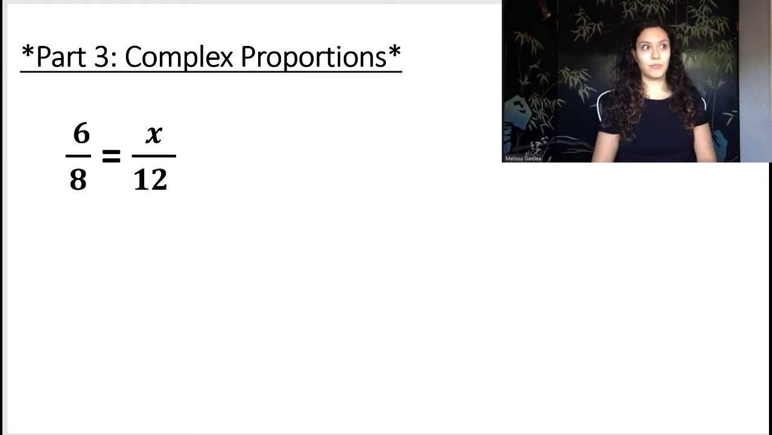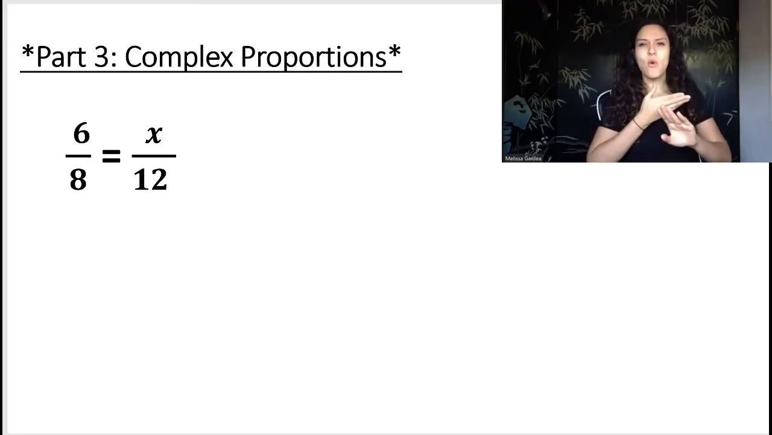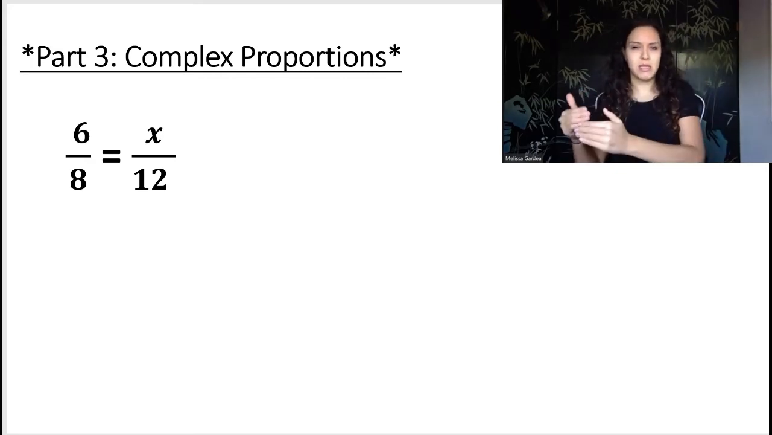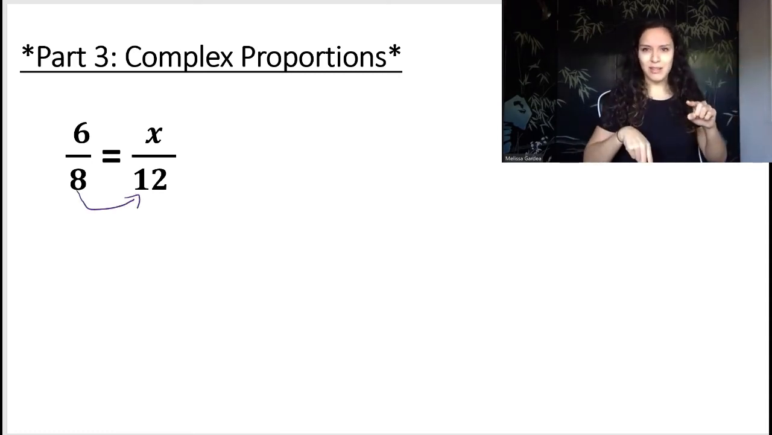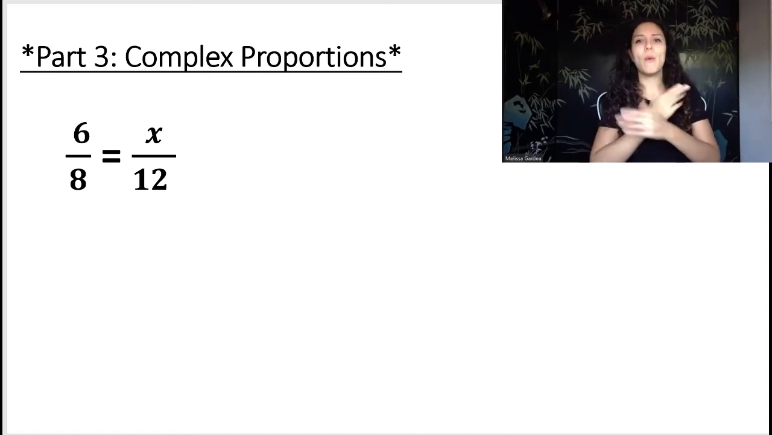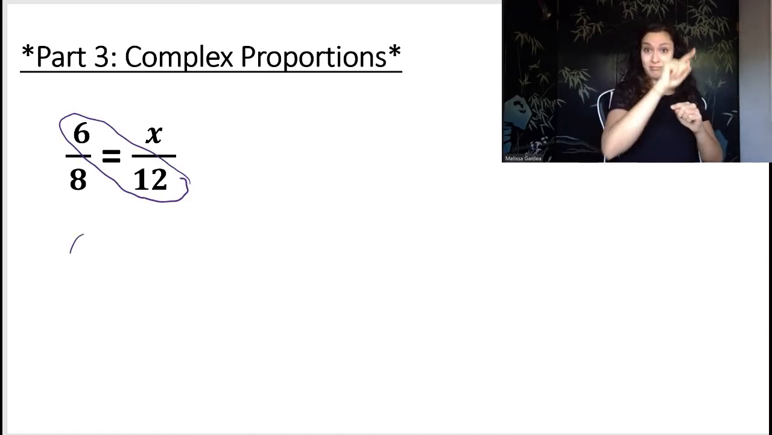When I have a problem like this and I'm trying to solve for the missing variable, always check to see if there's a number that you can multiply or divide by to get to the number across before you do the butterfly method. So how do I get from 8 to 12? Well, I really can't. So this is where I'm going to want to do the butterfly method. It looks just like a butterfly. 6 times 12